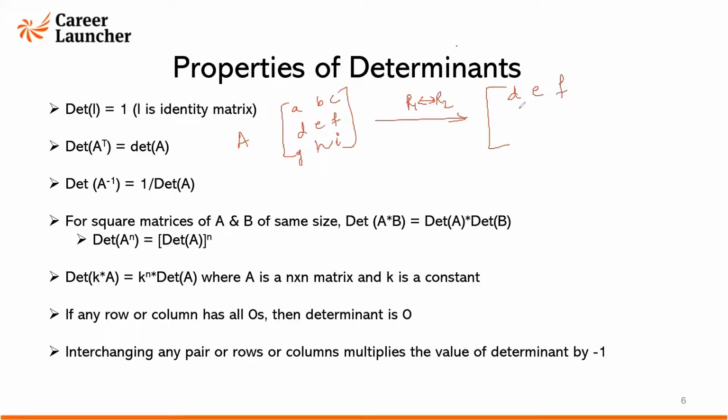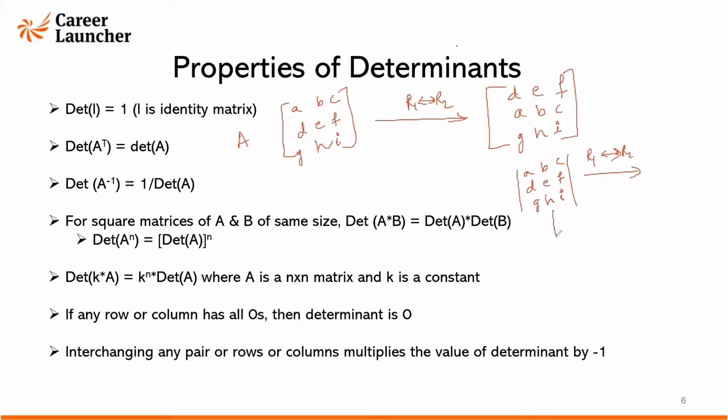We discussed this: D, E, F, A, B, C, G, H, I. Correct? But when it comes to a determinant A, B, C, D, E, F, G, H, I, and you interchange two rows, row 1 with row 2,